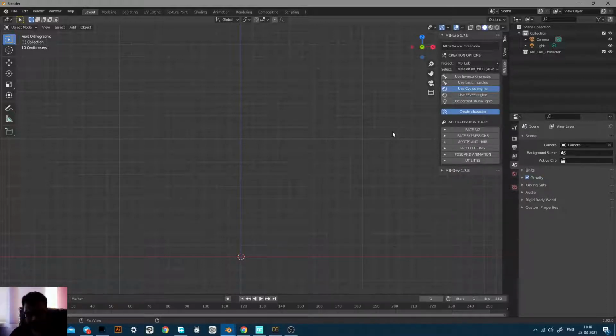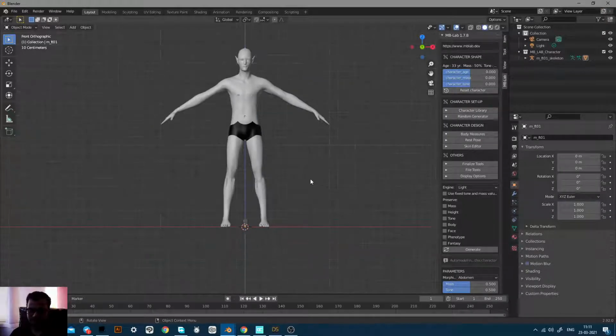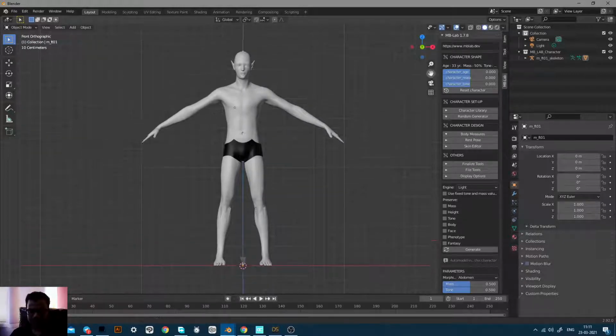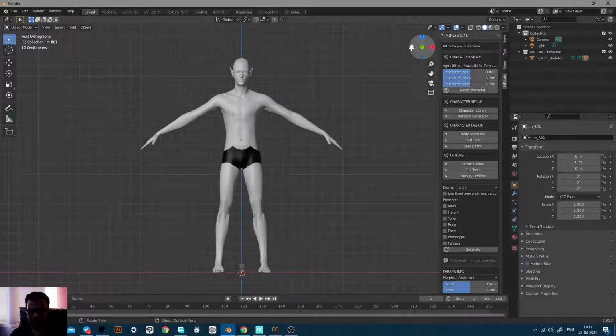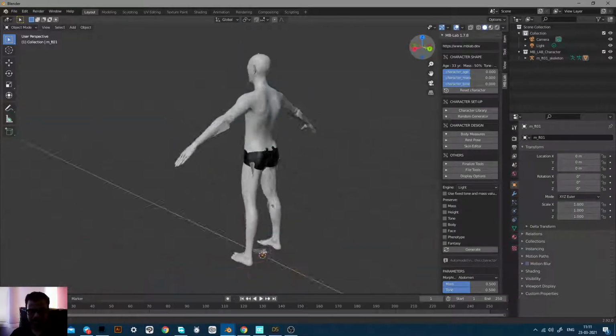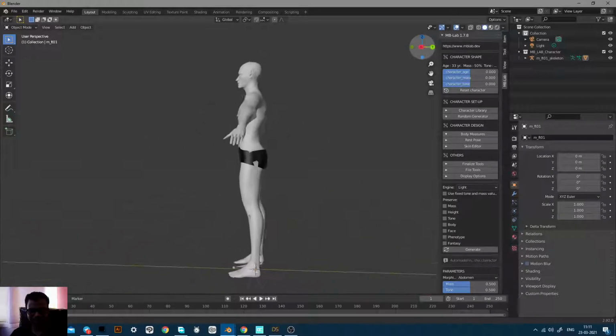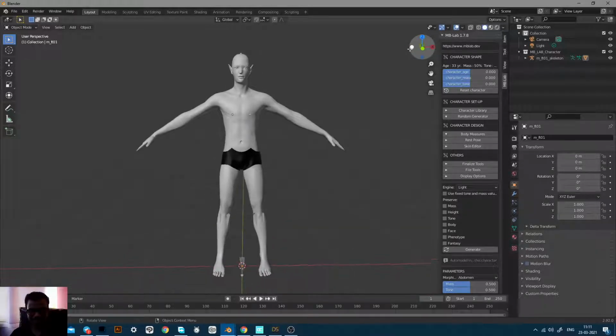I just love this. I never expected something like this in Blender, and it's free of cost. There is another plugin in Blender that takes $68 and $125 for commercial use, but compared to that, this is amazing. You are getting such characters free of cost, and that is just, oh my god, how do you do it? I just love it.